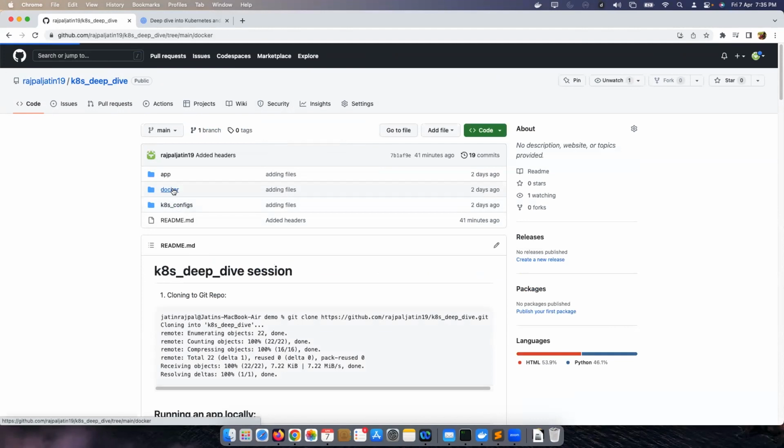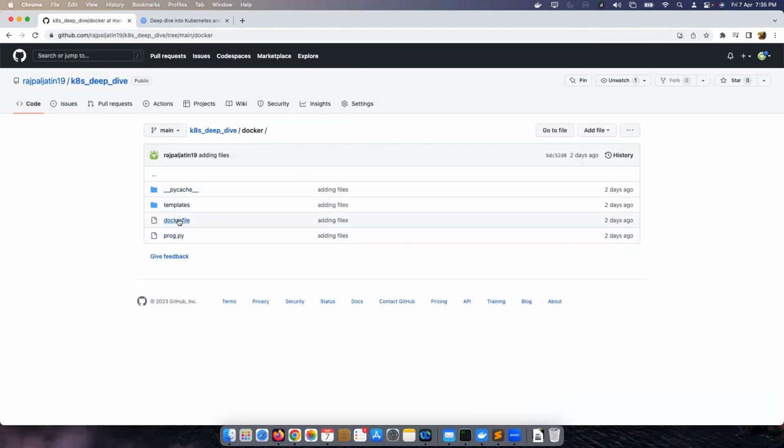Then within the Docker directory, you have your Dockerfile. You have your application code, which is the template and program. Now, what is a Dockerfile? This is definitely needed if we have to containerize an application. We'll discuss it when we talk about the containerization of this particular application.